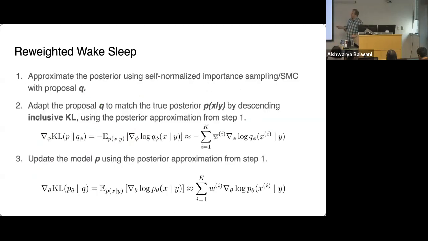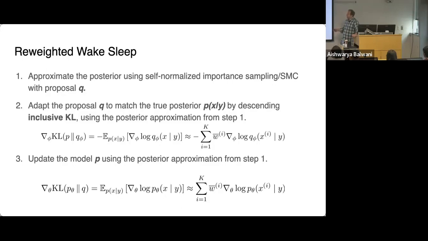Well, one idea is that you could try to learn Q, and while you're at it, try to learn the parameters of your model too. We'll write this algorithm out pretty generically by iteratively running sequential Monte Carlo and then updating the parameters. One way of doing that is what's called reweighted wake sleep. The idea is pretty simple. The first step is to run self-normalized importance sampling or sequential Monte Carlo with the current model P and fixed proposal Q, and then update the proposal and the model.